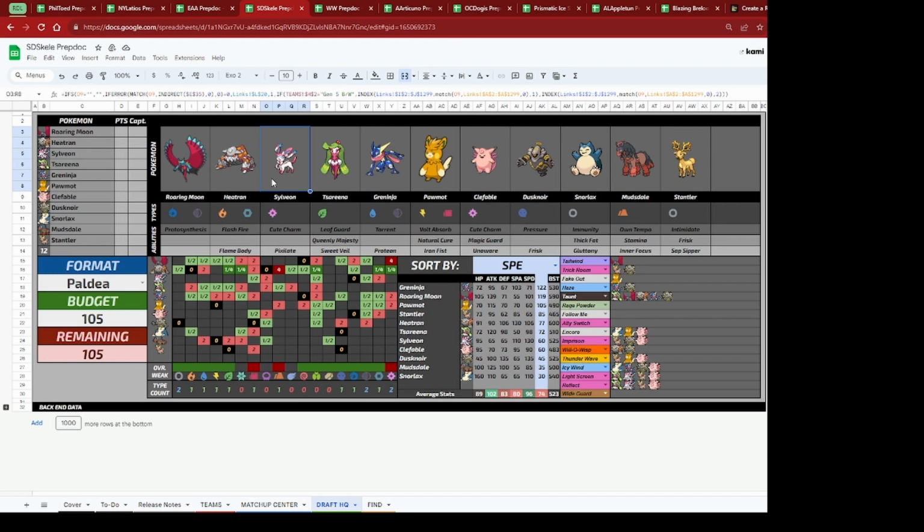If you're not going for Flutter Mane or one of the Enamorus ones, I think that Sylveon is by far and away the best fairy type on the draft board. And even then, I think it does some things better than those. Specifically, it gets one of the strongest spread fairy moves. So if the opponent's very weak to fairy, kind of like my team is, and a lot of teams last season were very weak to fairy,